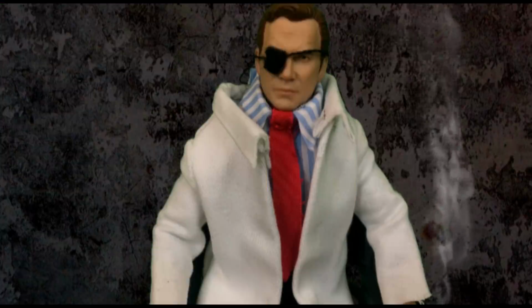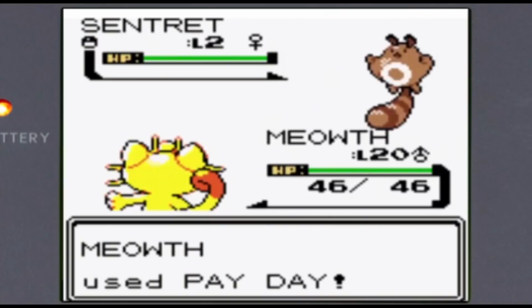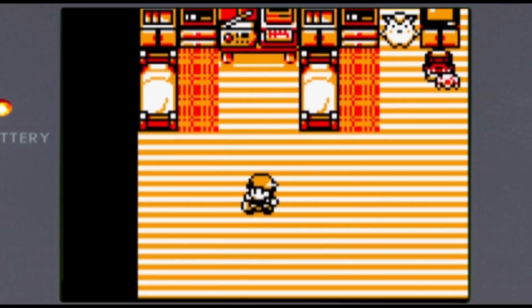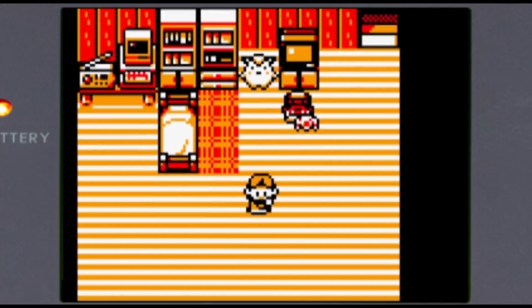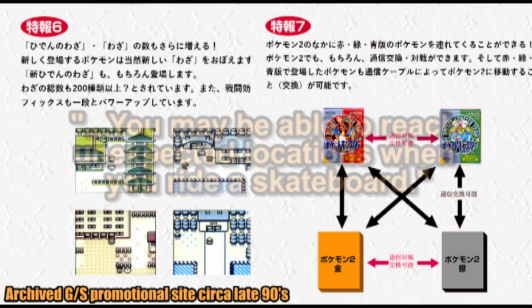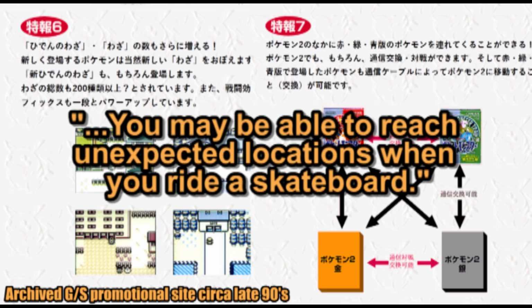Okay, there was some more cut content, like Payday originally being a field move that could be used outside of battle, probably as a means of acquiring cash, and a skateboard in the demo that performed a similar function as the bicycle, but according to the Japanese gold and silver promotional site circa the 90s, would allow players to reach unexpected locations. But like always, this is a best of list, so those cut features are only going to get